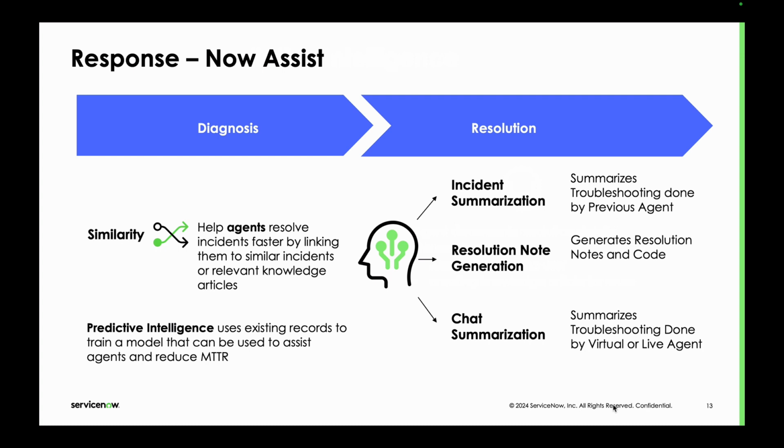If you've got a follow-the-sun model and you're taking on an incident that somebody else had worked on, there might be several notes in there that you've got to sift through and get your head around before you can do some work. Incident summarization really does that for you. It condenses it into a much more succinct